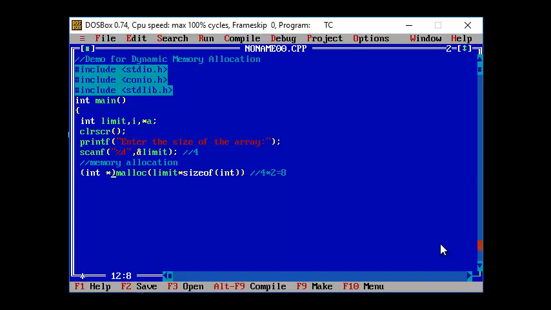So this will be the syntax, how to create your memory allocation, and this particular value will be pointed to your pointer variable. So a is a pointer variable that we saw over here. Okay, so your a is a pointer variable, and that particular pointer variable will catch hold of the address of the first byte of your memory allocation. So now,